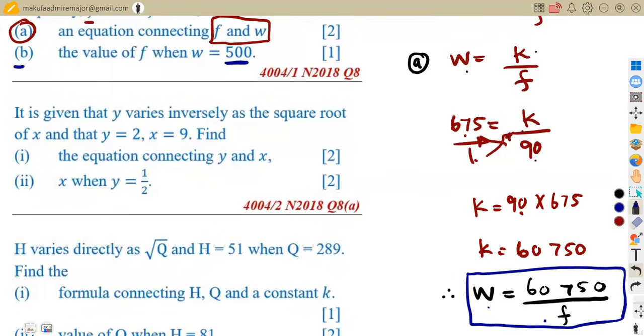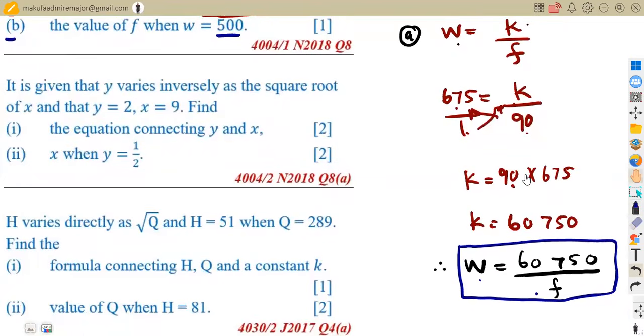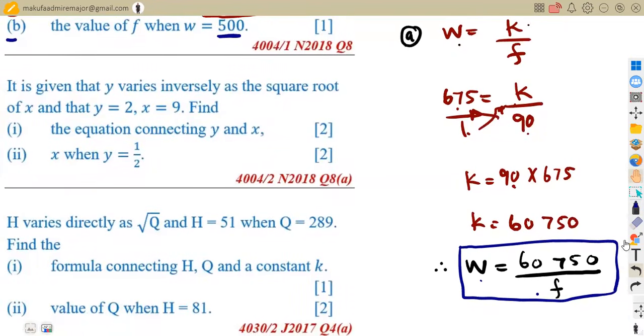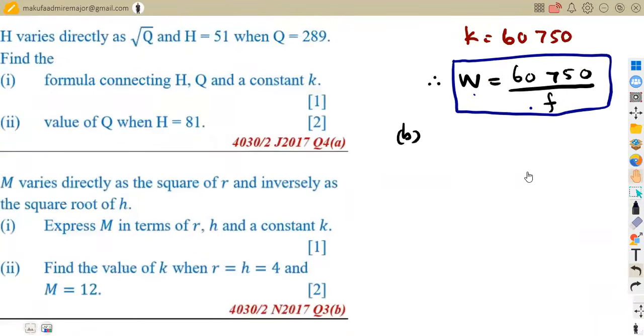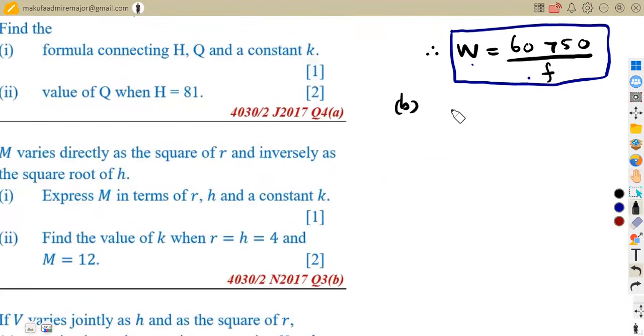So it's a continuation now that you're simply going to make. W is what? It's 500. Find f. So meaning to say, we are simply going to substitute. Since we need f, w is given as 500. So in place of w, we are going to substitute 500. So 500 is equal to